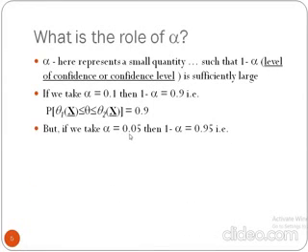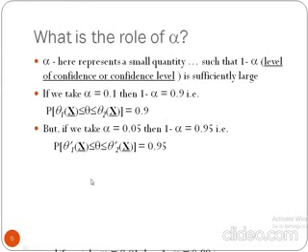But if you take alpha equal to 0.05, then 1 minus alpha is 0.95, and then the probability that theta lies between theta 1 dash x and theta 2 dash x is 0.95. So here you see we have more probability. That means my confidence level in this case is more than the previous one. Here, this theta 1 dash x is not a first differentiation of theta 1x. This is just to indicate that this is a different function than this one.